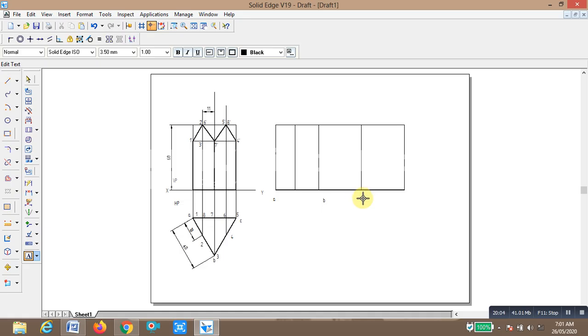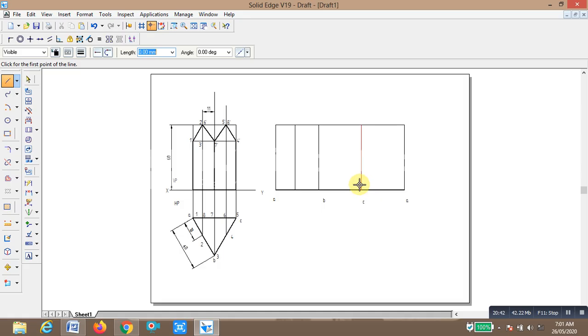So here A to B, the distance is 18 mm. So A to B, this is the side, from here to here 18 mm, you have to show it. And from this B to C, this is the second side, B to C. The distance before C is 18 mm. So from this side we are going to mention the distance of 18 mm. You select this end, this side 18, enter, 180 towards left.